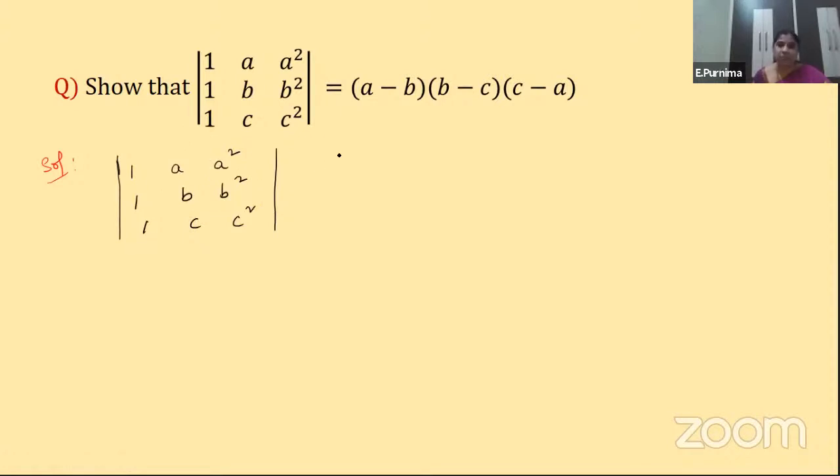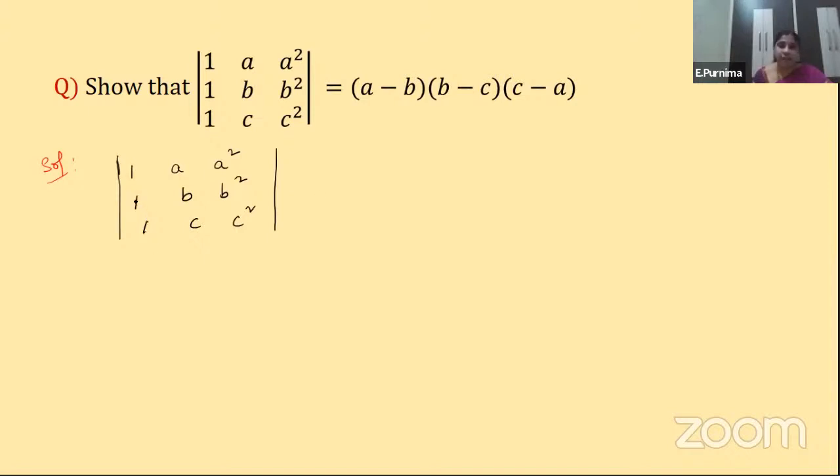So for such kind of sums in this exercise, we do some transformations, children, using the notations I explained just now. Understood? So how to do it? For solving such kind of sums, the easiest method is always to try to convert any two elements of a row or any two elements of a column to zeros, if possible. Clear? So that our process of expanding the determinant becomes easy.